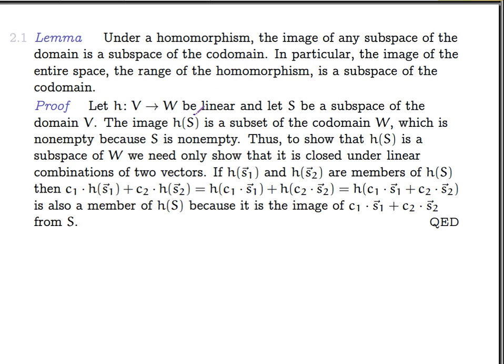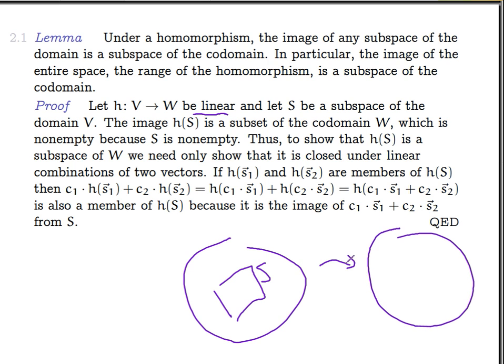Suppose we have a linear map. The whole idea is also this whole idea about being closed under linear mapping. Okay. So let H be a linear map and let S be the subspace. So he's actually choosing this subspace here to be S instead of V prime. And this mapping is H, and then he has H of S over here. Okay. So if we take two vectors in S, V1 and V2,